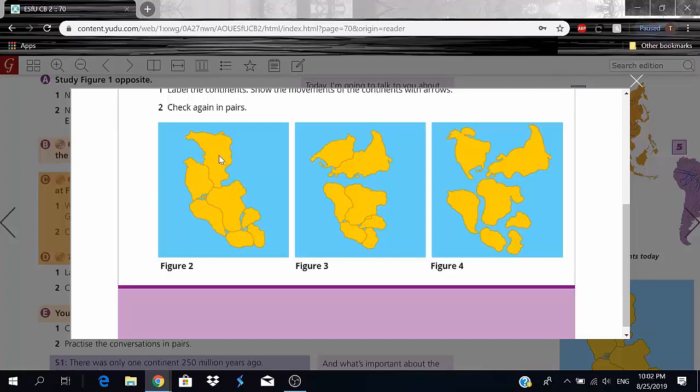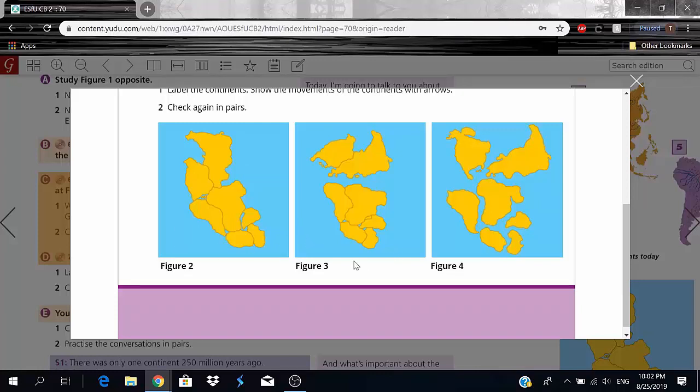And translation for that is all lands, right? And it was surrounded by one ocean at the time called Panthalassa. And that was translation for all seas. So it was basically one continent called Pangaea, and one ocean called Panthalassa, right? And the date was around 250 million years ago.